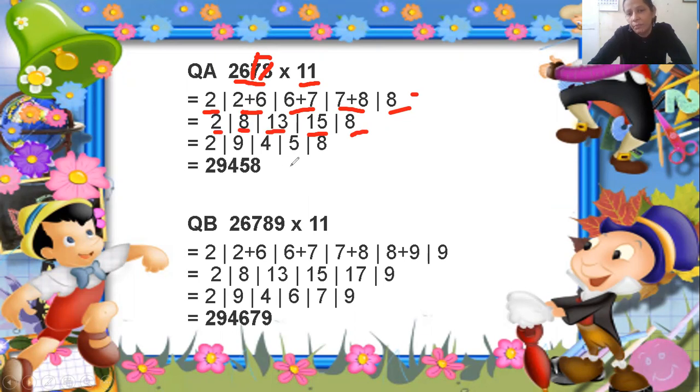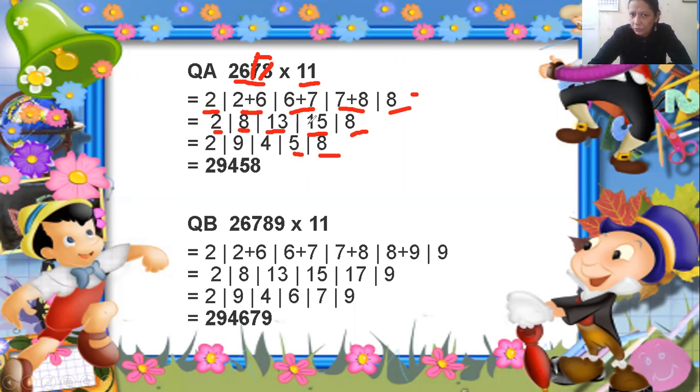Now you have to do the balancing. Now you see 13 and 15 are two-digit numbers, but you can't write down a two-digit number. So 8 is a single digit number, write down 8 as it is. From 15 you can see 5 is at the unit place, so you write down 5 as it is. What will you do with this one? 1 is left, so 1 you will take as a carry forward.